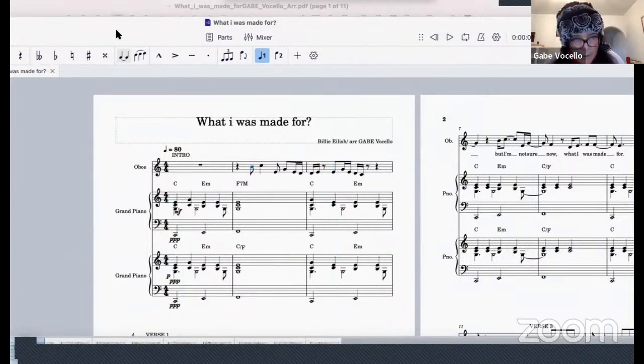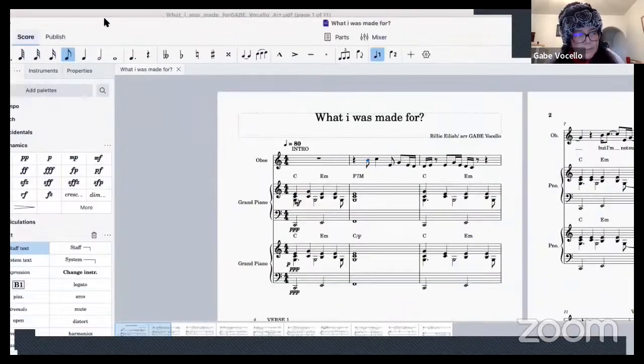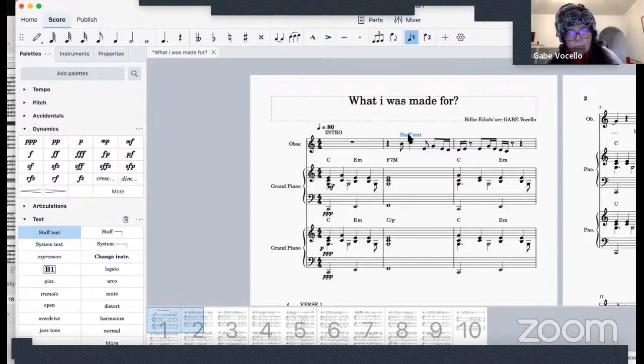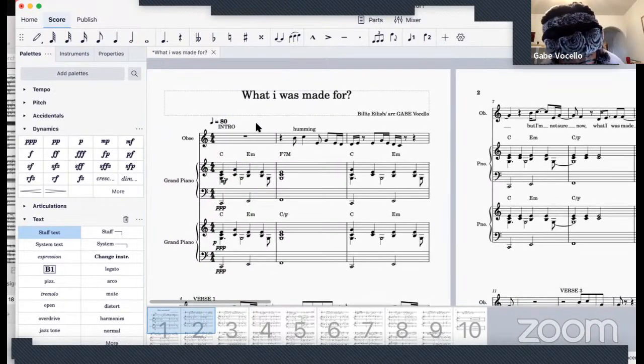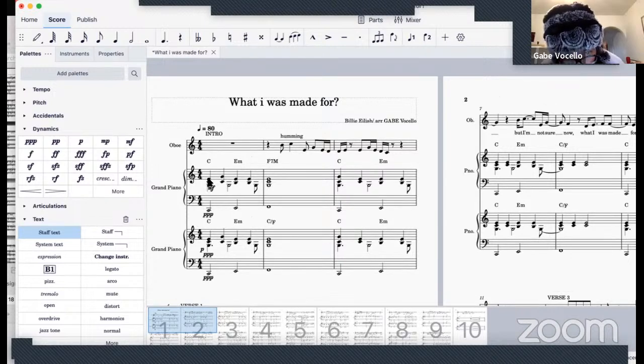That part is the humming. Here it is played by the oboe that I wrote for the oboe. I made one arrangement for the oboe. But the oboe cannot hum, so let's imagine that